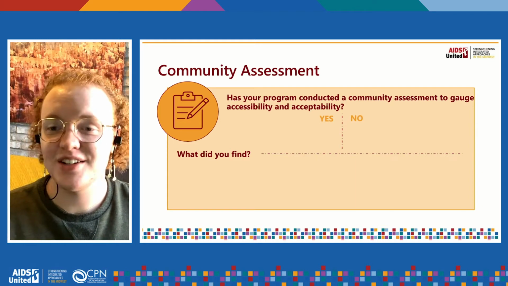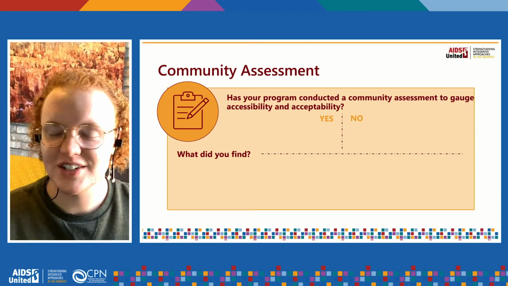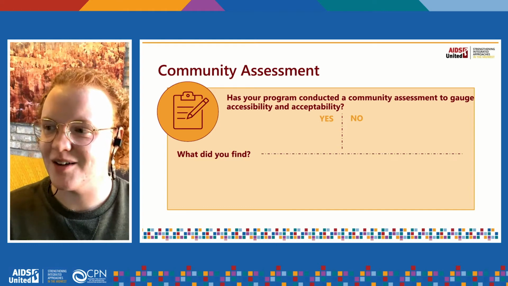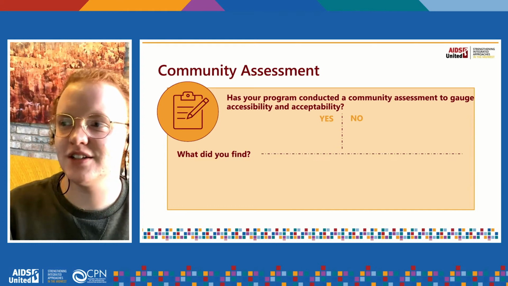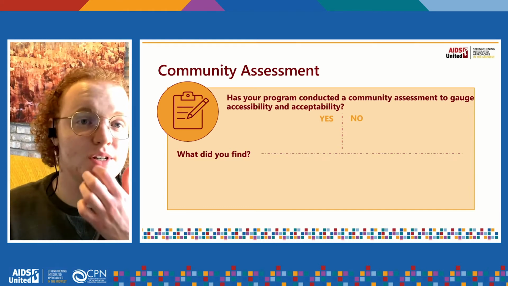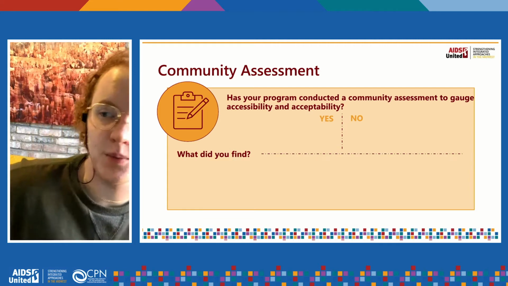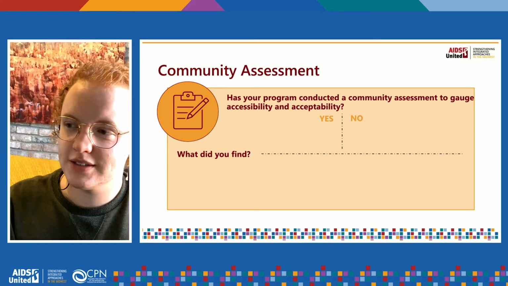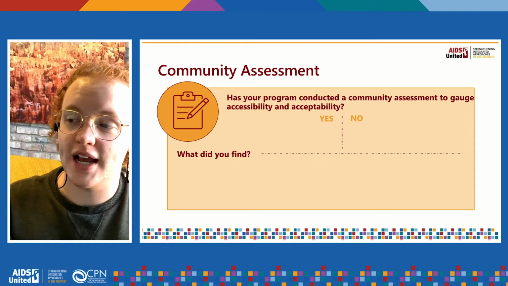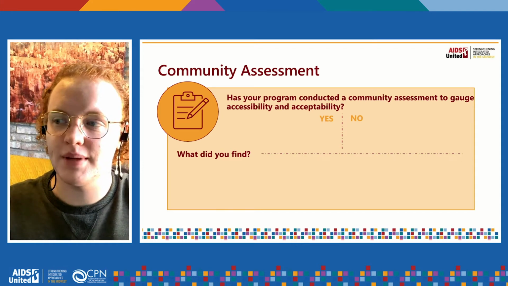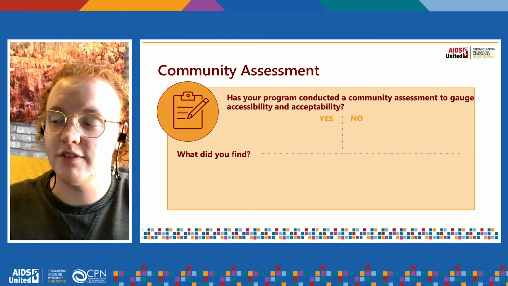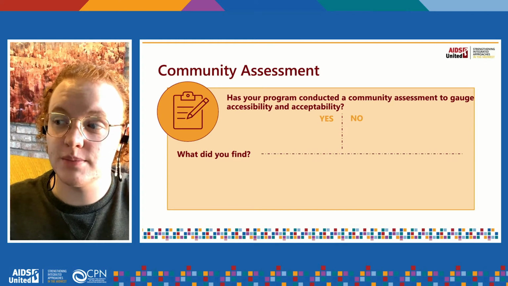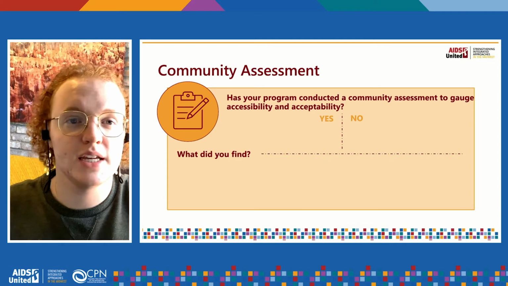If you forgot how to annotate, you're also welcome to use the chat function at any given point. But if you do need to access it, go to the top of your screen, click View Options, and then Annotate, and a little bar will pop up for people to use. As more responses come in, I see that for quite a few people, the answer seems to be no when it comes to accessibility and acceptability.